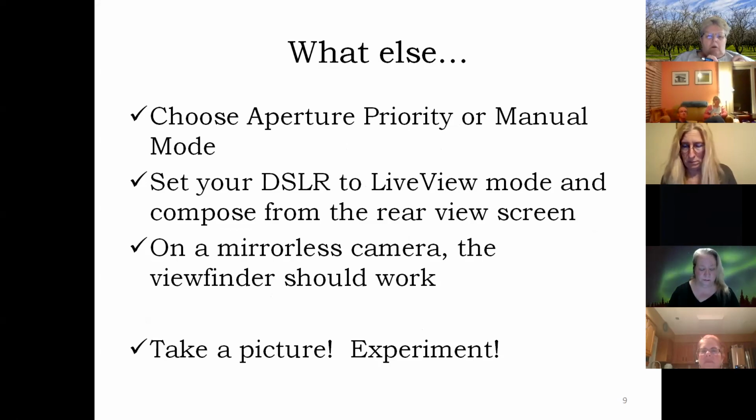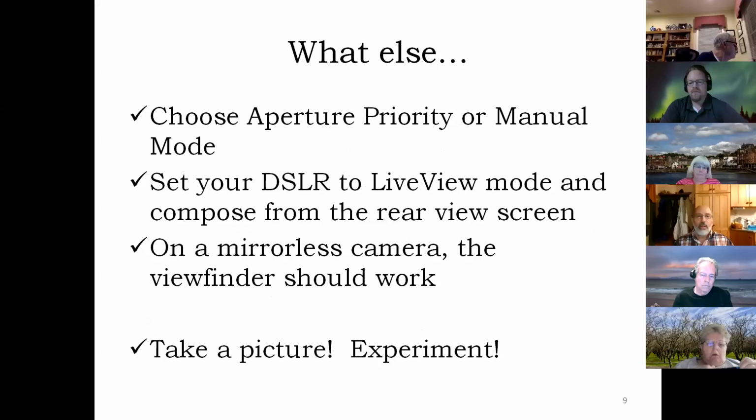What else? You should choose an aperture priority mode or manual mode and set your DSLR to live view mode on the back, and you'll have to compose your images from the rear screen. Now the problem is with such a tiny pinhole on the front, virtually no light gets through that you would be able to see. The sensor sees it, but you can't, so that's why you have to use live view